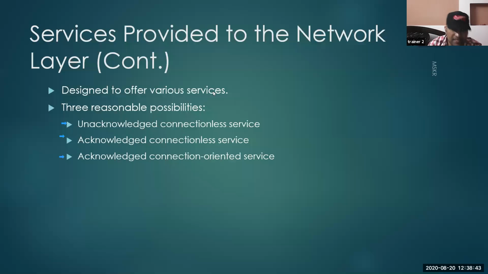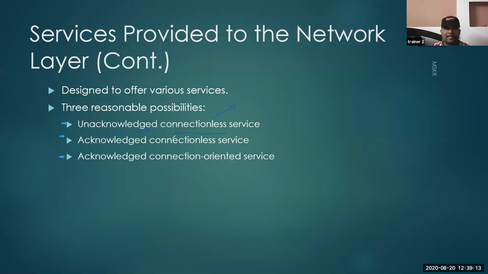Okay, so the first service is unacknowledged connectionless service. Can anyone give an example for this? Because I already discussed these things in some other concepts. Can anyone tell me a good example for this communication, unacknowledged connectionless service?